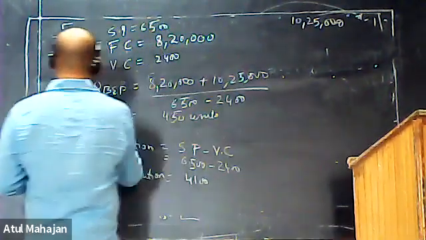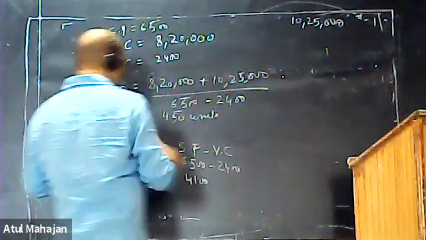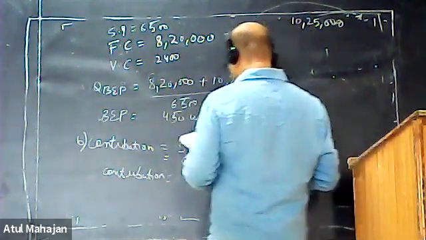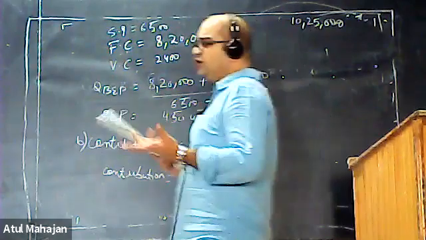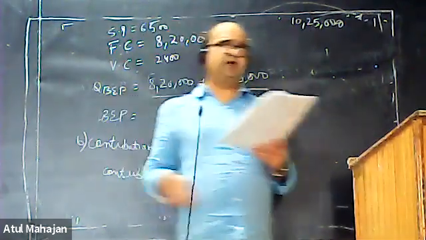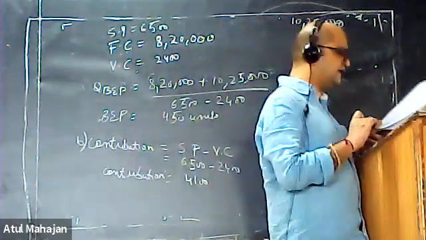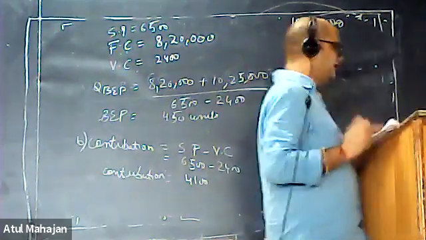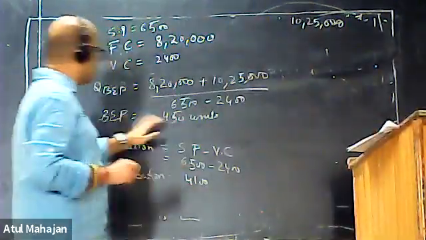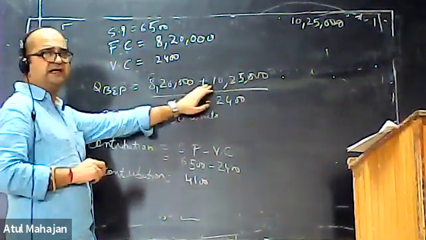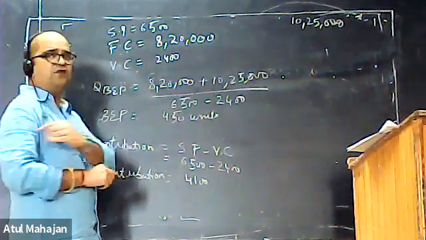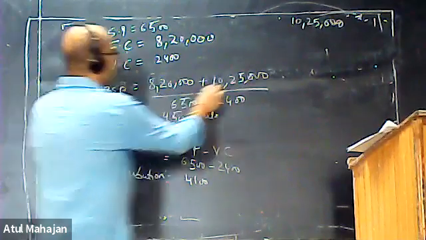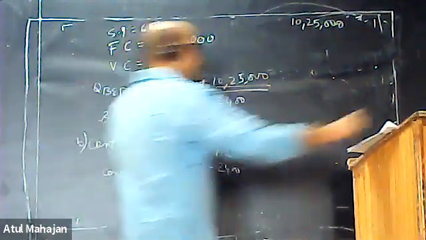Now we need to calculate the volume that needs to be generated to get a profit of around 10,25,000. That profit can be easily earned if we have the value of your previous break-even point. Now it is your break-even point for 450 units with a profit of 10,25,000. Okay. Now we need to know the volume that can be generated. It can be easily generated using this profit. So it will come out from the formula.